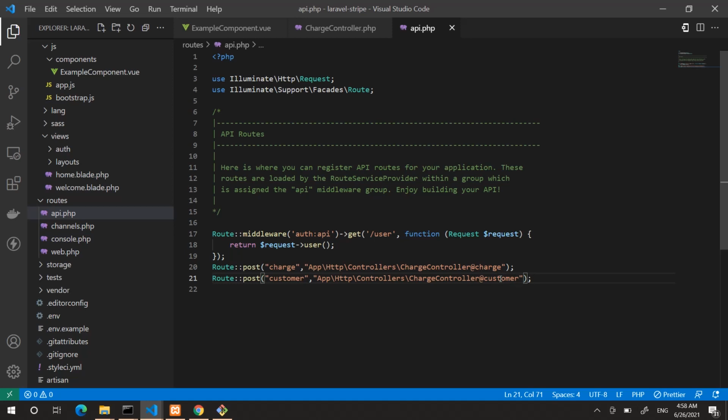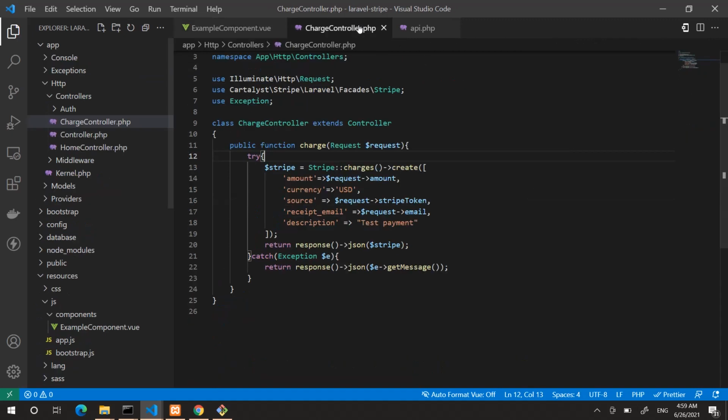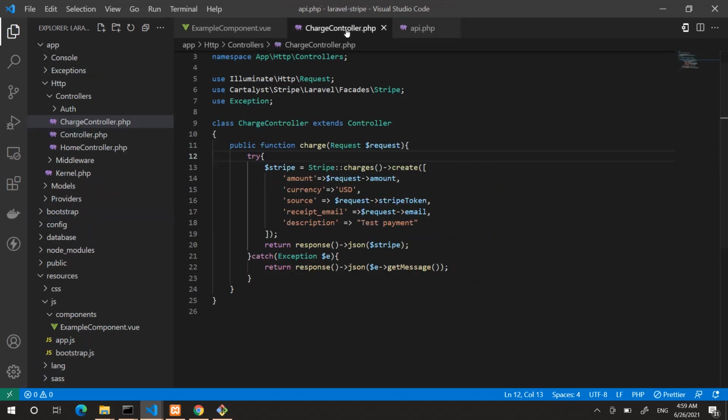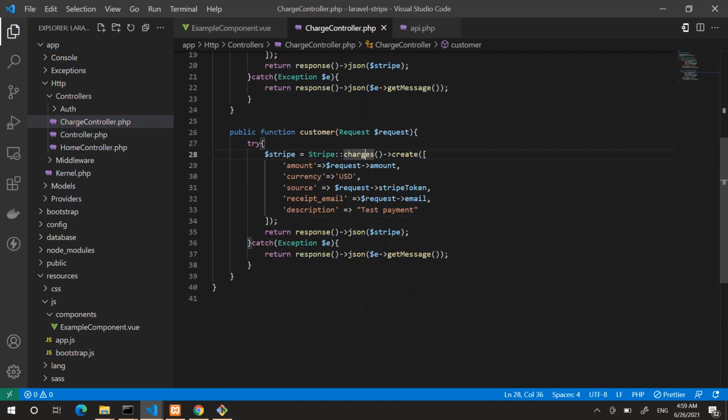Okay, we'll send a request to this route customer, and in the charge controller we will create another function, name it customer, and we will rename the charge with customer. The Stripe package has a method called customer